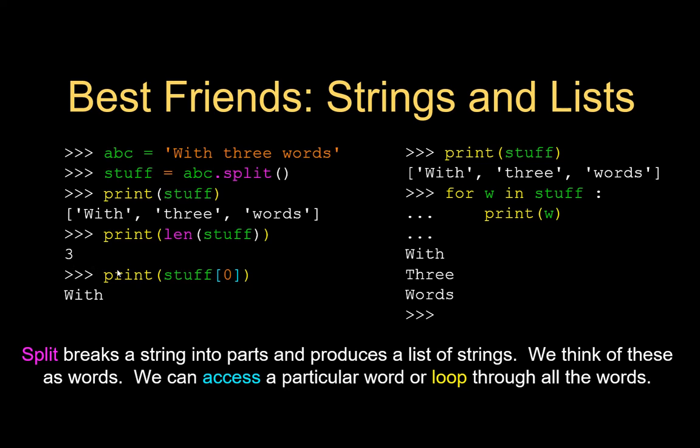Okay, so we are using another function which will change a string to a list. For example, we have a string with 3 words. We use the split function upon this string, and we assign it to stuff, we print stuff, and when we print it, we find out that the split function basically went ahead and